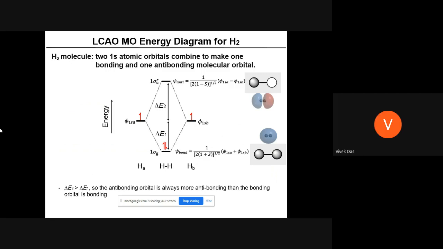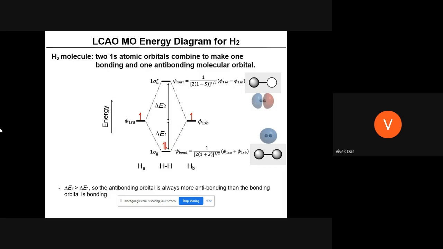Now we are showing how the molecular orbital is formed. Here you can see that two atomic orbitals combine to form two molecular orbitals. This is also a thumb rule: the number of atomic orbitals is equal to the number of molecular orbitals. These are waves, so one is the in-phase, constructive combination, and one is the destructive, out-of-phase combination.